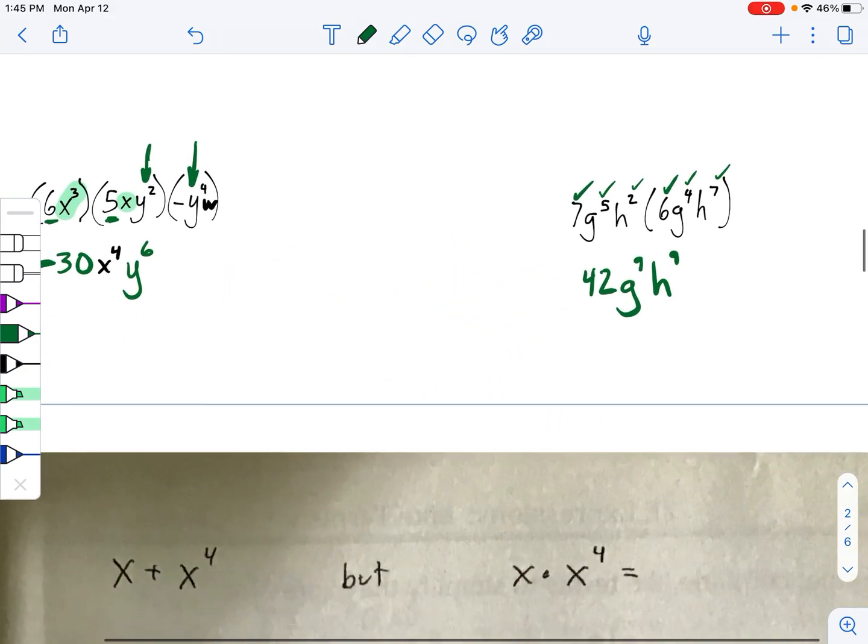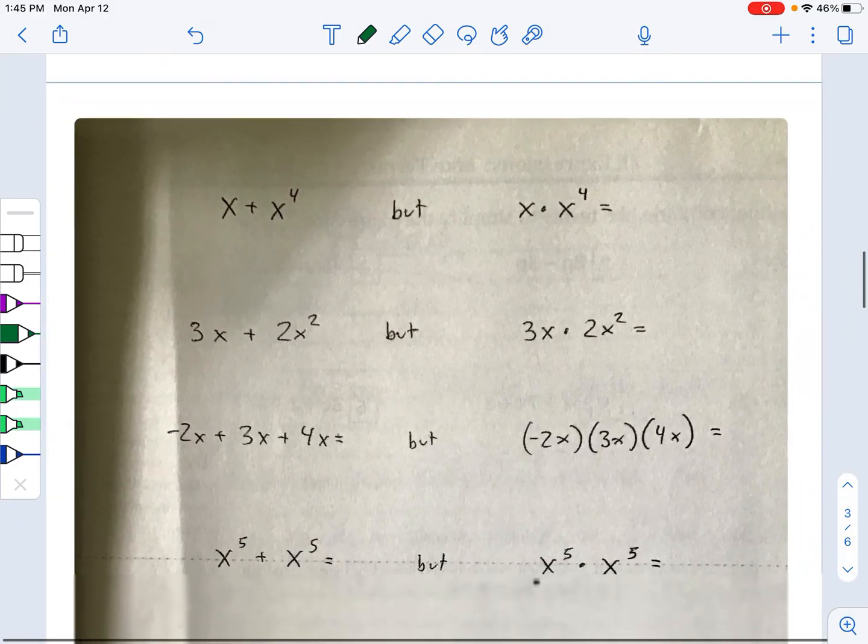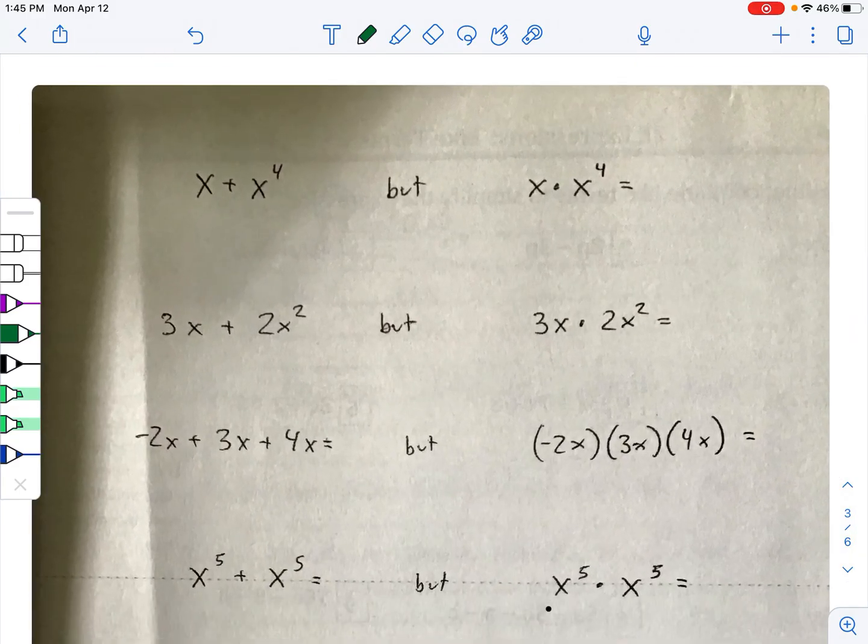Now the next hard part is differentiating between the difference between addition and multiplication. These types of problems we will navigate